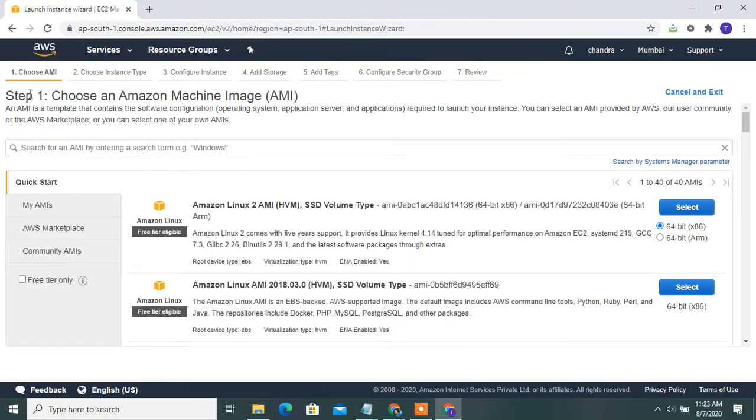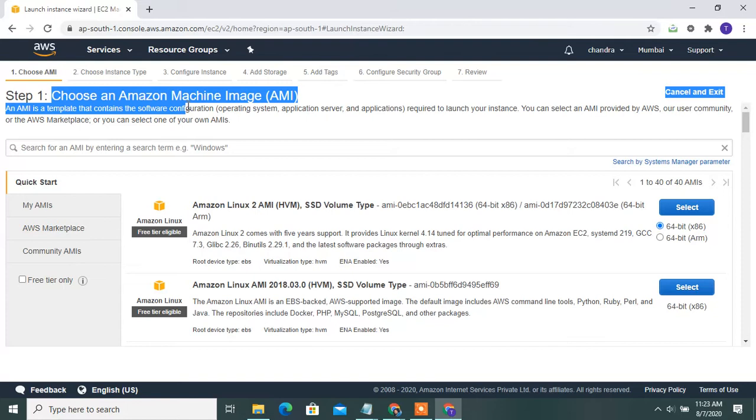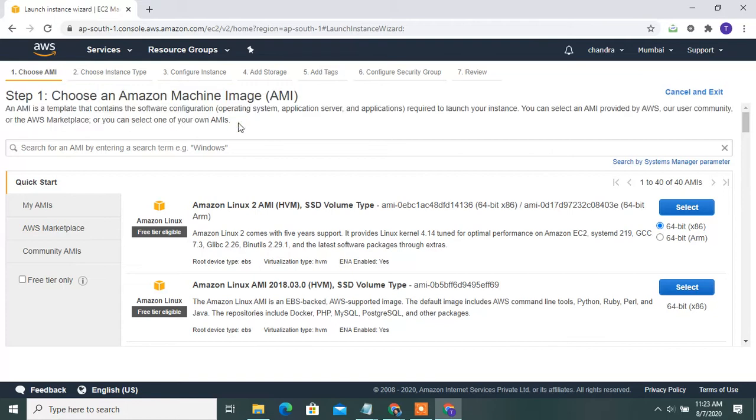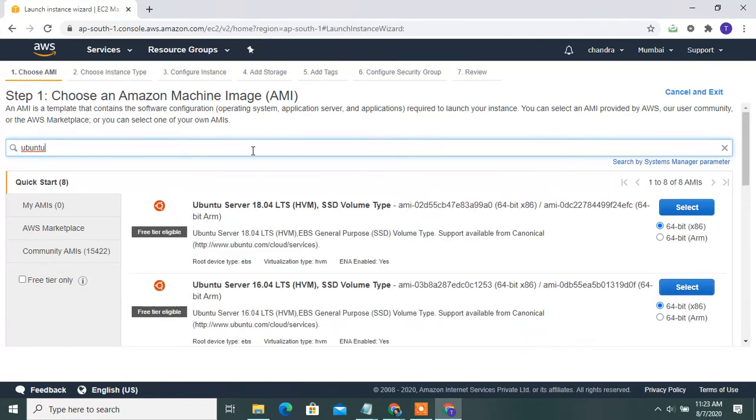See, step 1 is choose AMI, Amazon Machine Image. AMI means Amazon Machine Image. Okay, first step, you can choose one free tier image and select it. You can type Ubuntu Server in the search bar below and press enter.